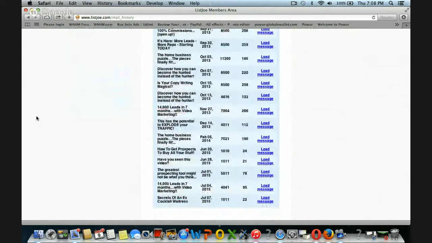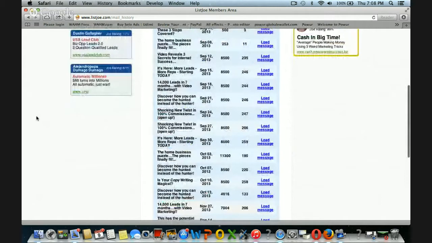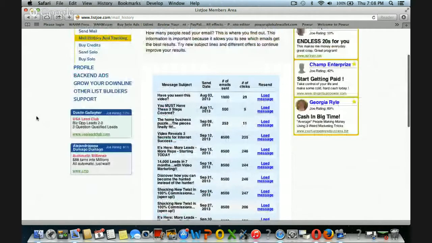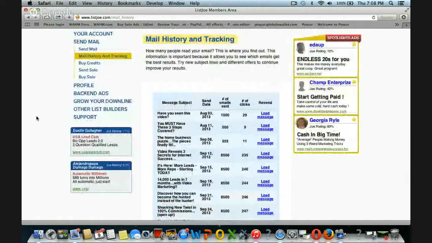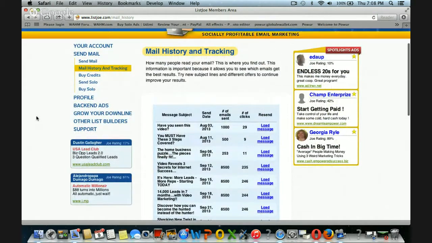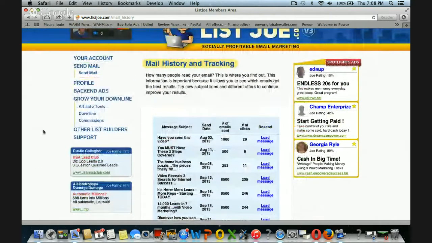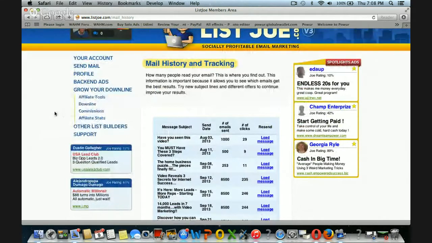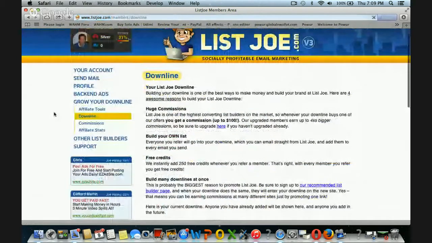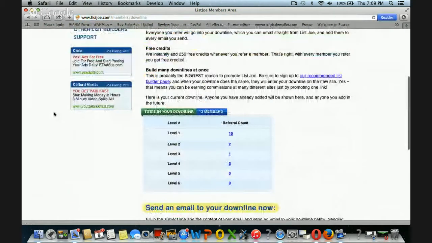So, this is something to think about, and this is another way, whether you're using a free account or you buy. If you have a small budget, you can get into this for somewhere between 30, 35, 40, $50 if you have a small advertising budget. And what I think is really cool about this is the way they set the downline up. This goes like 6 levels deep.